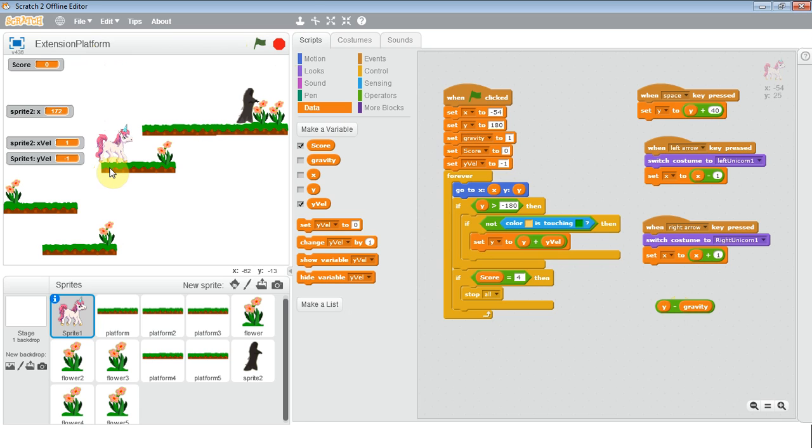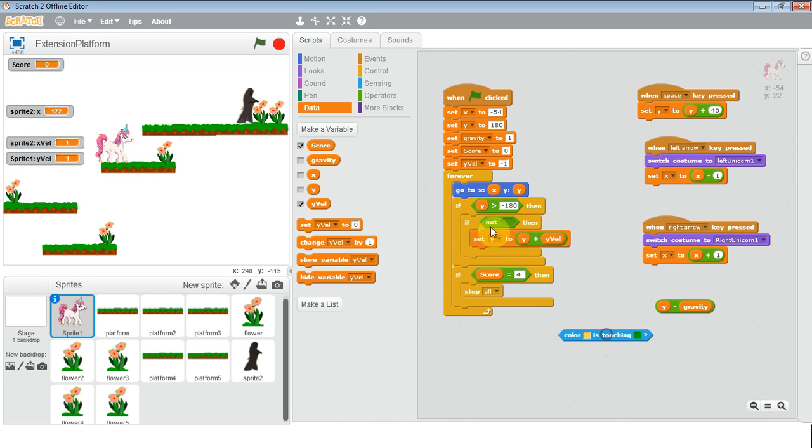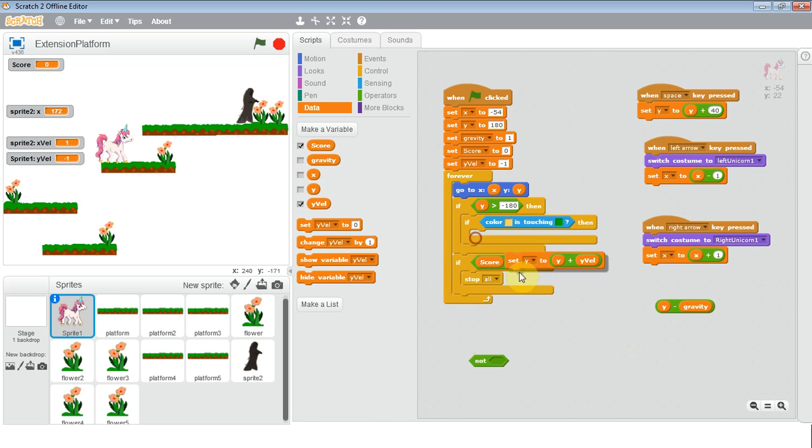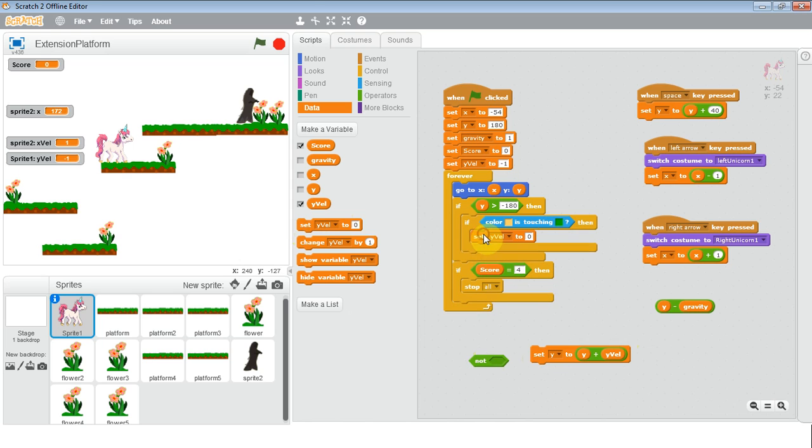What I want to now do is, instead of saying that you're no longer going to travel in any direction, this only ever works if you're not touching green and if you're not at the bottom there. This nested if, I would like to change this now so that the y velocity is made 0 if you are touching the green. So I'm going to change that. I'm going to say if touching green, set the y velocity to 0. Right? Now